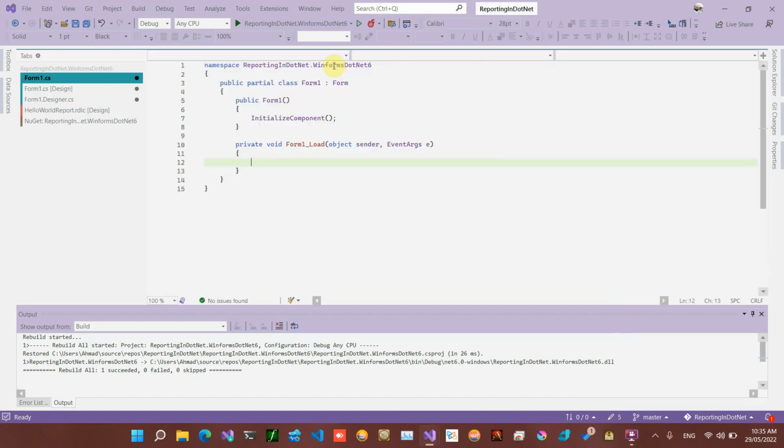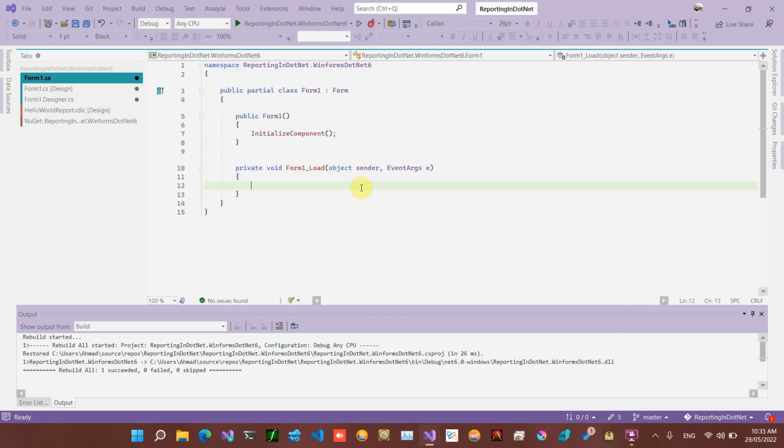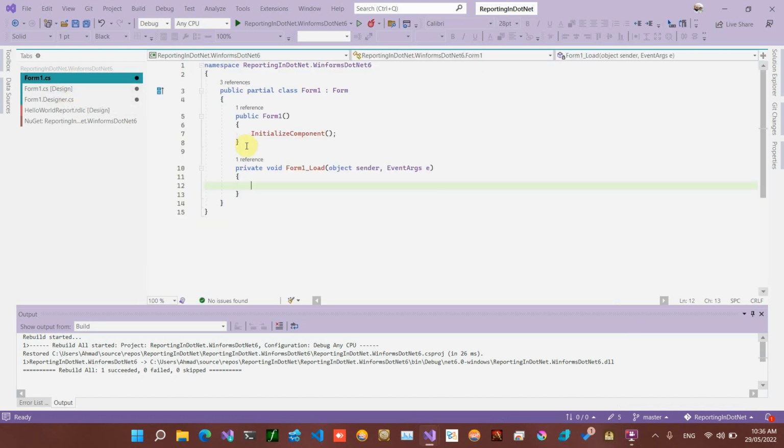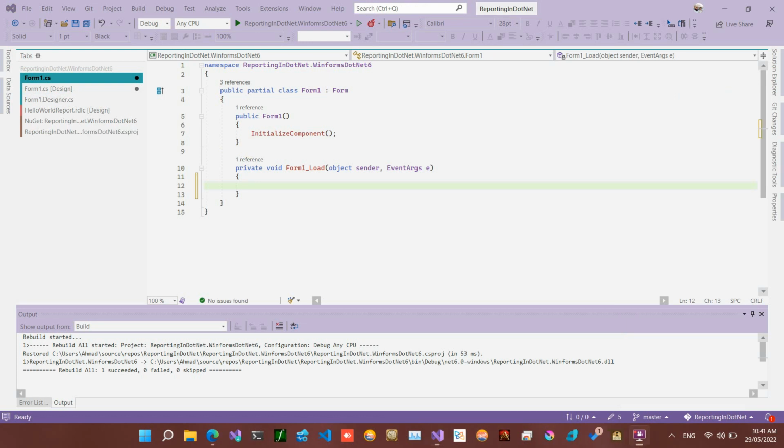We go to the load event. If you have been using the old .NET framework version, here in the designer you might see a drop down to select the report definition. Here in the .NET Core it is not supported as of yet. We need to go to the form code behind. Here in the form load event